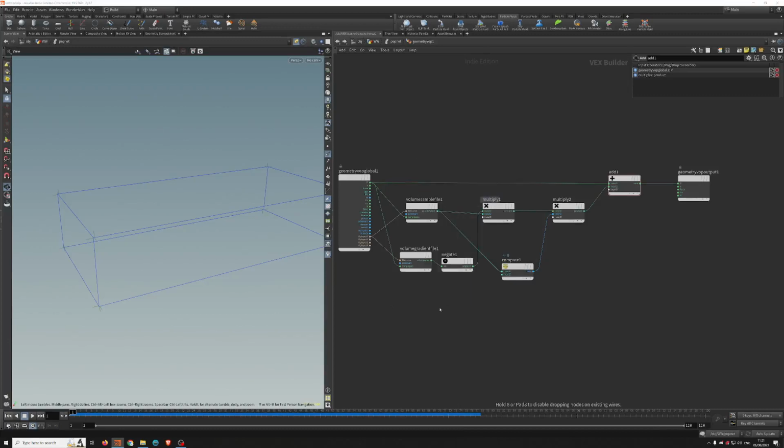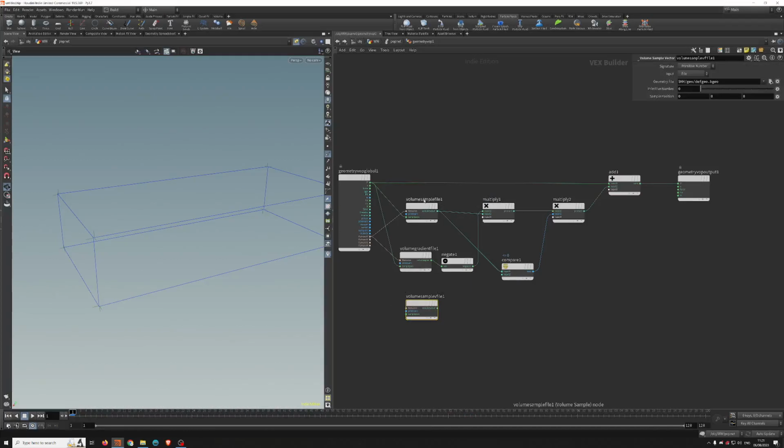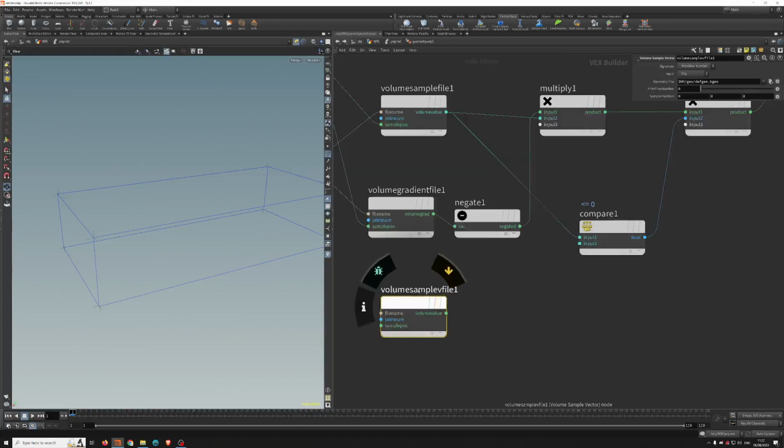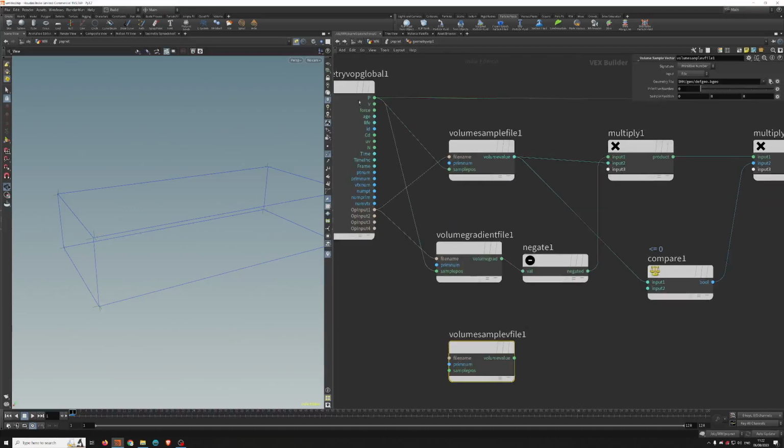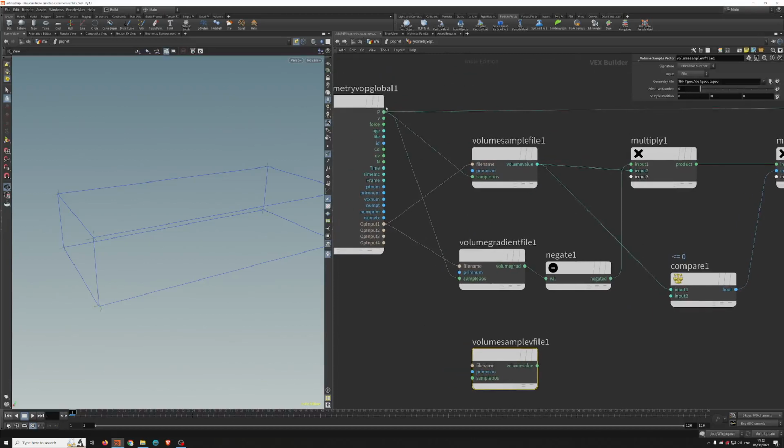As you can see, there is another one. It's almost the same. You read volume sample file. If you don't look really carefully, you can see that there is a volume sample V file, and this is volume sample file. So this will expect vector information. Same deal, we get the sample position, but this time the file name is not the first input, but the second one. Why? Because in the second one is, if you remember,